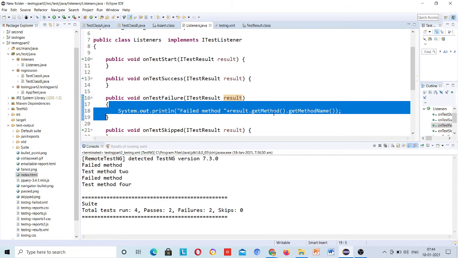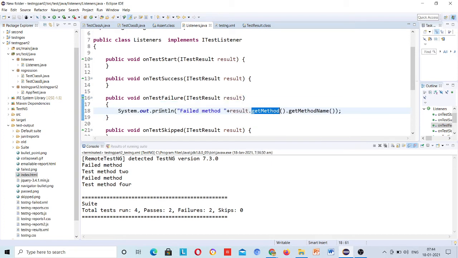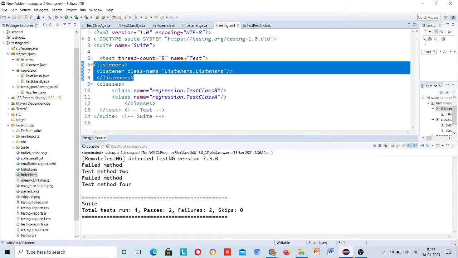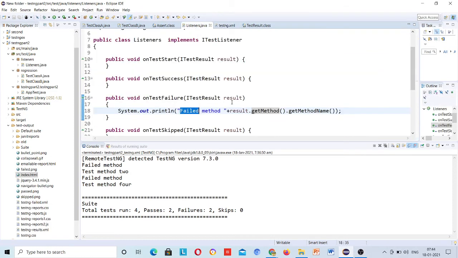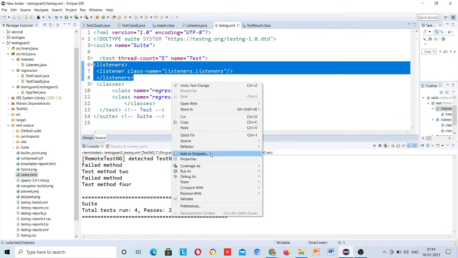Okay, so here this is failed. Now whichever method fails, I will be able to grab that. So first, let me give some space here. This is about listeners.